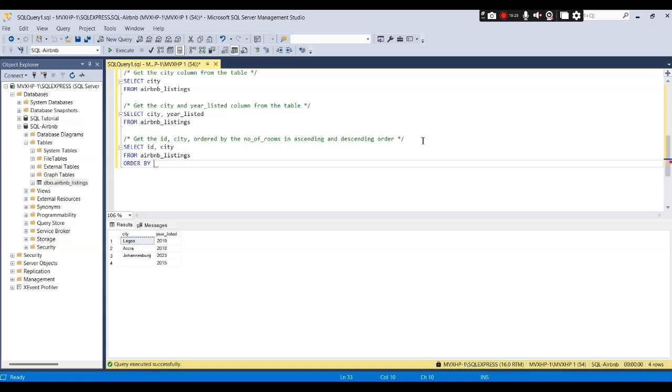Order by number of rooms, right? By default it is ascending. You can put it in there, but by default SQL uses ascending to sort. So even if I put order by rooms and I didn't put ascending, it's still going to sort it in that manner, right? Okay, so we're talking about now